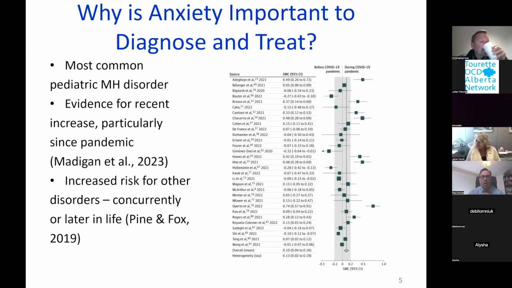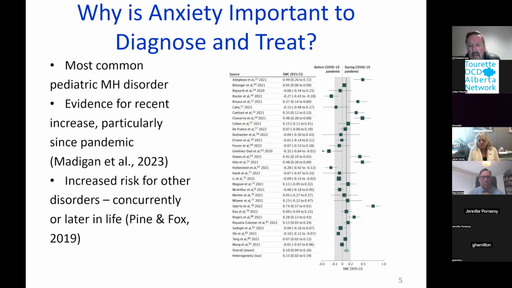This slide on the right is a study that was done by a colleague at University of Calgary, a meta-analysis of the global literature, and it really highlighted that there has been an increase, certainly if you measure clinically significant anxiety disorders based on rating scales. There's also evidence from other sources that clinically diagnosed anxiety disorders, so meeting full criteria, having seen a clinician, there has been an elevated risk, maybe particularly when we're talking about children and adolescents, a little bit in that older age group of adolescents in particular,